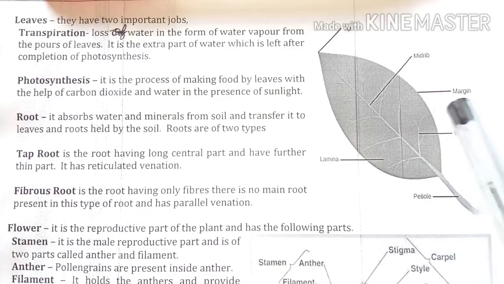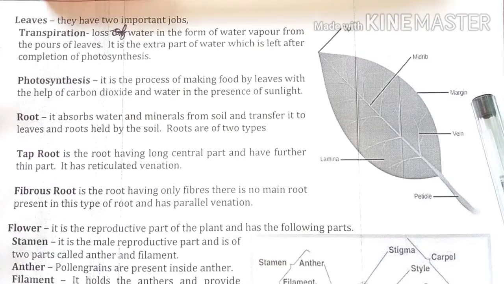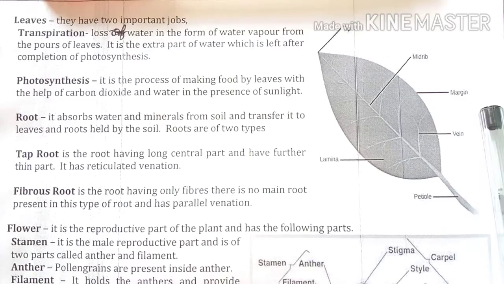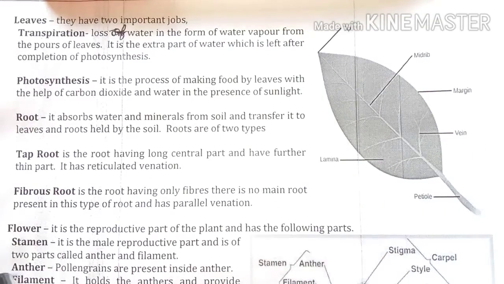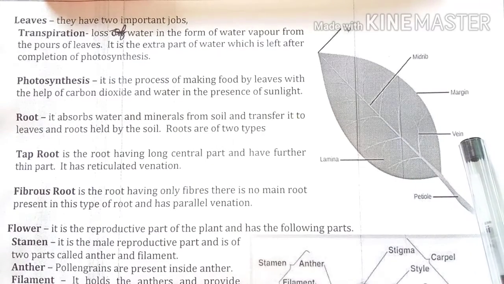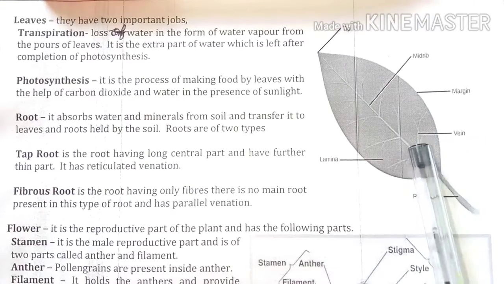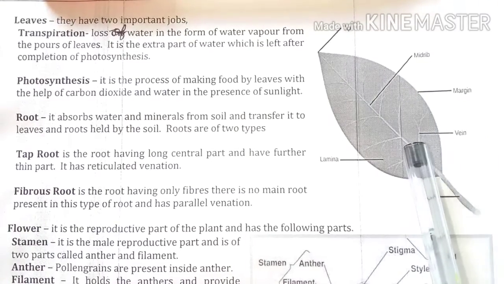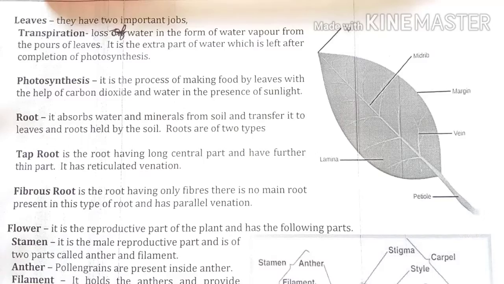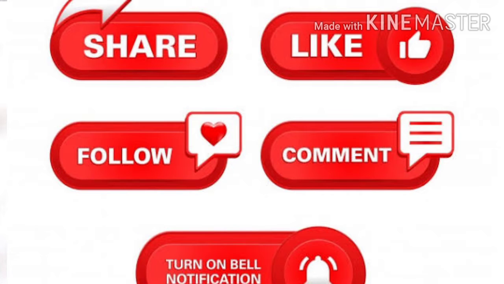The outer layer of the leaf is called the margin. We can say the cutter type part or the sharp part is called the margin. The topmost part of the leaf is called the tip, and the midrib is further divided into venations. These are called veins. So the further parts of the midrib are called veins, and leaving the midrib and vein part, the complete remaining part is called the lamina. So it's all about our leaves and roots, the processes which take place in the leaves, and the types of leaves present in the different types of roots.